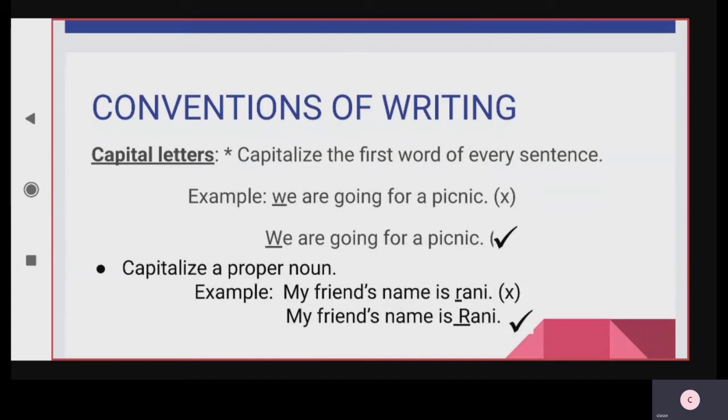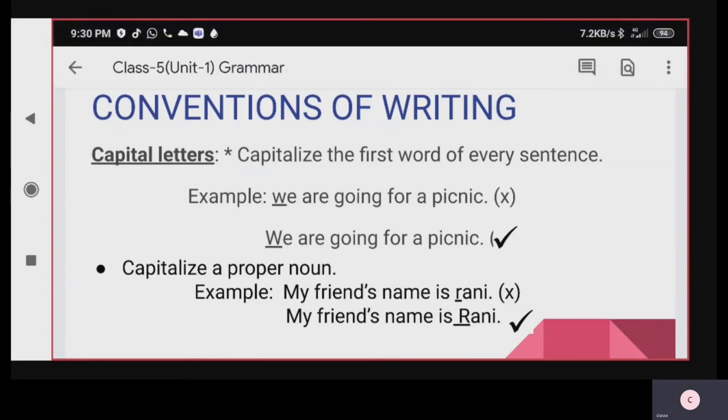Children, we use conventions to make our writing more readable and easily understandable by the readers. When we write anything, our intention is to make others easily understand what we thought to write. Our overall goal in learning this topic is to help us put our ideas on a topic. Let's learn tips and tricks on the basics of conventions of writing. First, we start with capital letters.